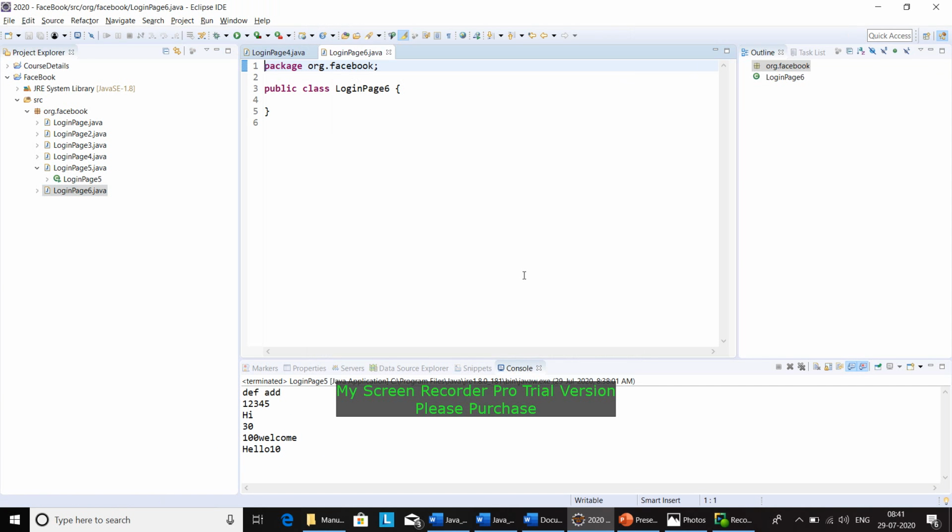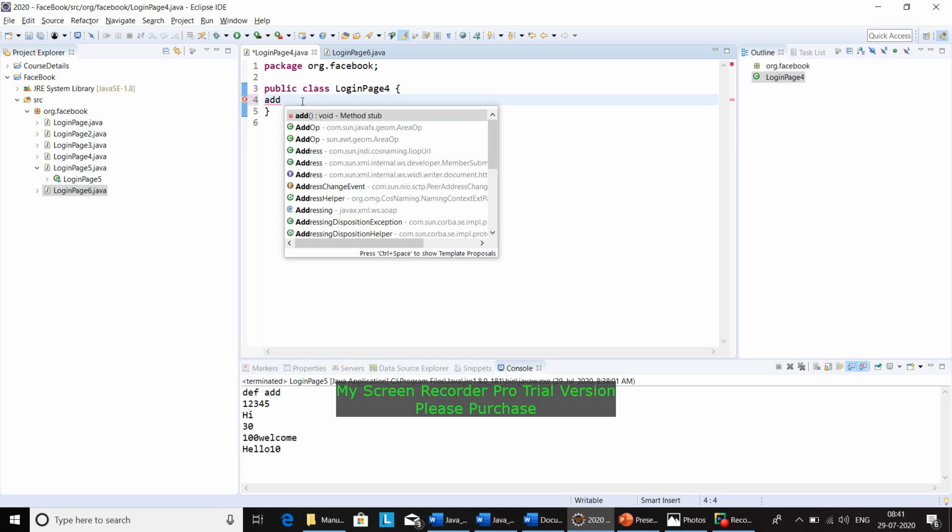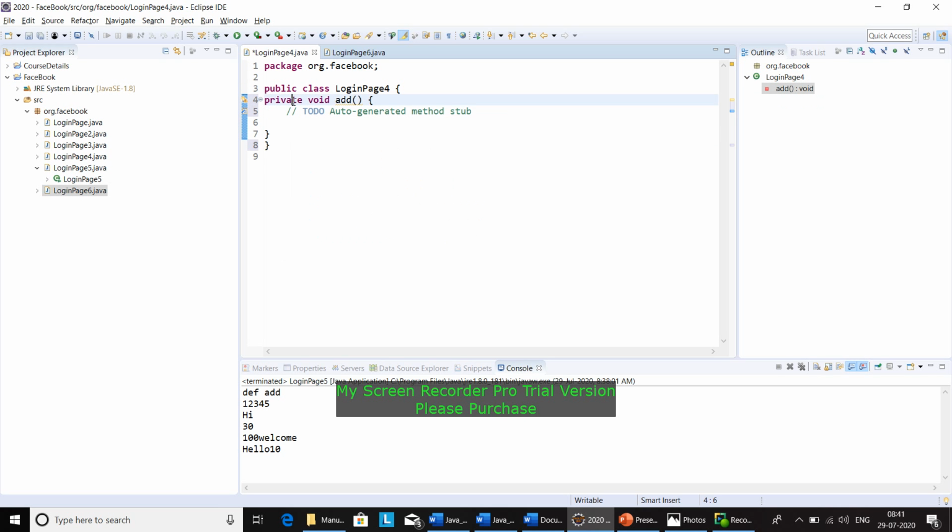So 4 and 6. So what is method overriding? Class name differs, method and arguments same. So let's take this login page 4 class and create a method. Let's use the method add. Change this private into public, remove this, and I want to print,